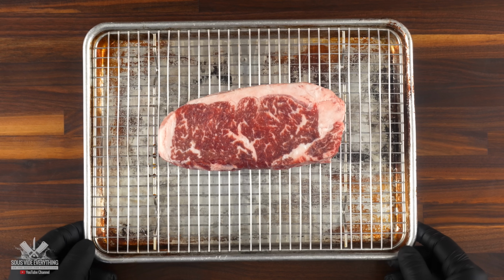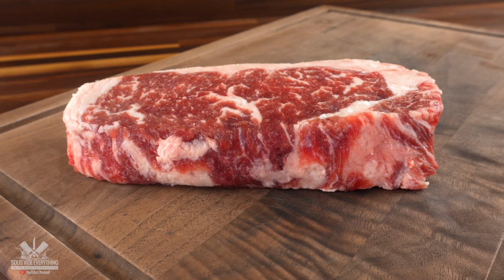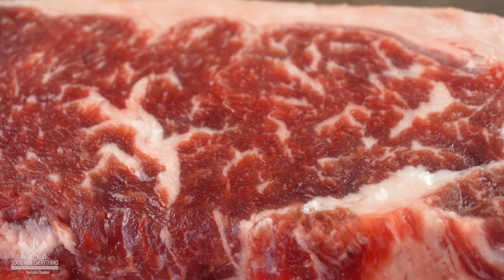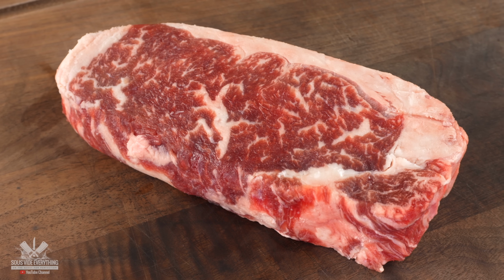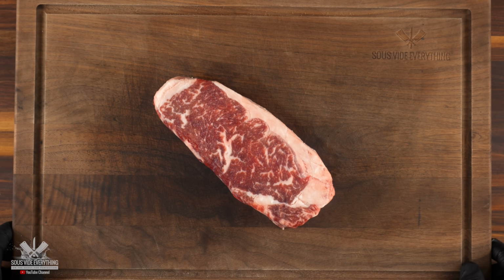Because the very next day, take a look. All the salt has penetrated deeply into the steak. Now this is a perfect steak to go on a grill, and that's because the outer skin is nice and dry, and it will give you an incredible crust if you grill it. But I've never done a dry brine steak sous vide. I have no idea if it's going to be better or worse, but I can't wait to find out,